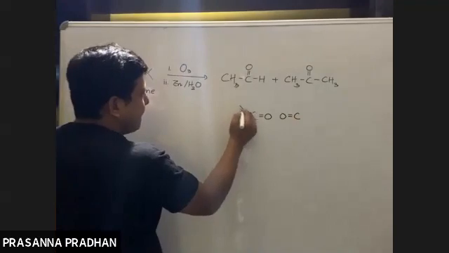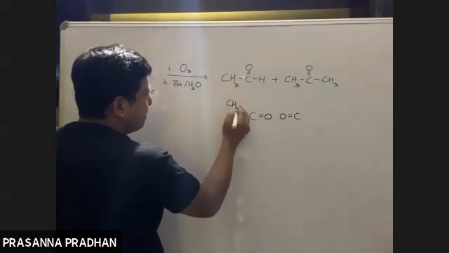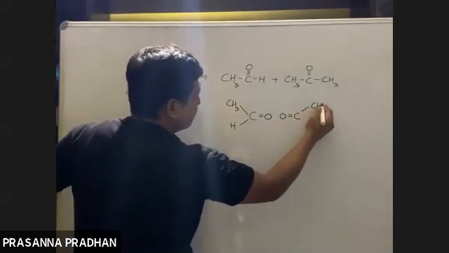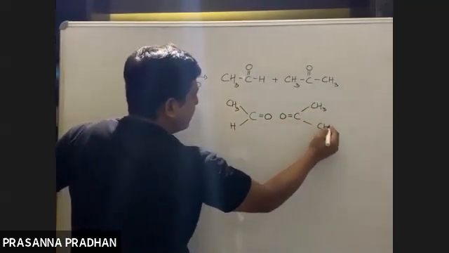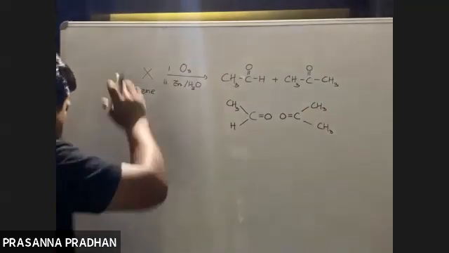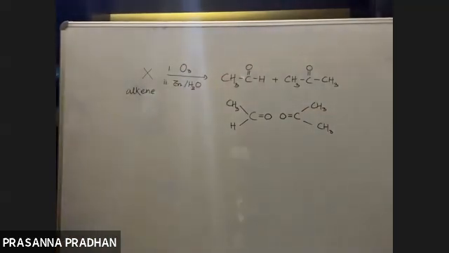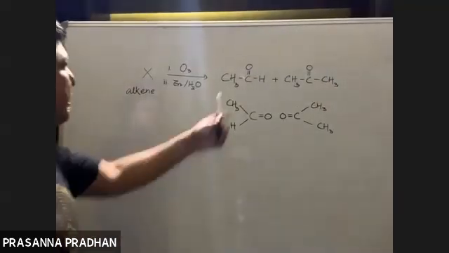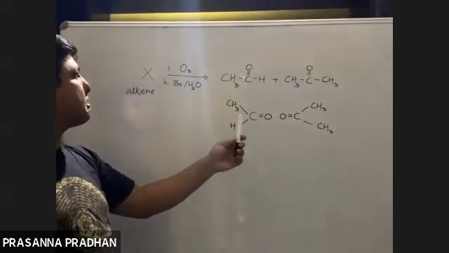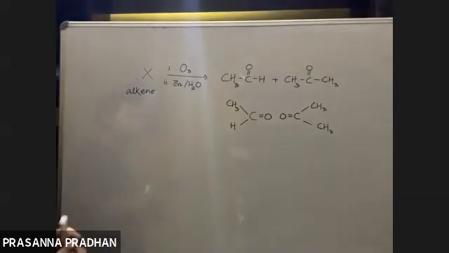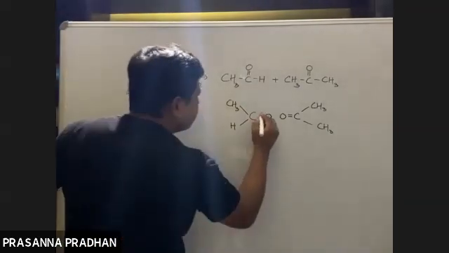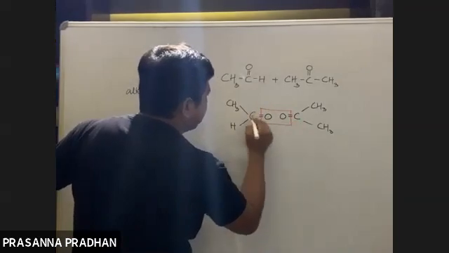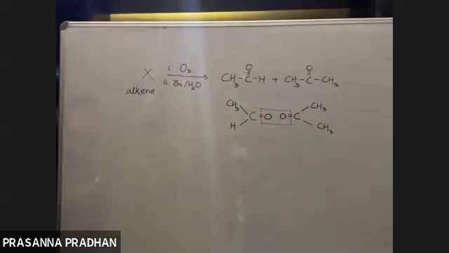Now, what do we have? We have one methyl group, then we have one hydrogen. I have one methyl group, I have another methyl group. I'll write in this way. You have to write in this way. Don't use your own brain. You have to follow this procedure, otherwise you will not be able to do it. Write down the structure in such a way that the CO groups face each other. And then you simply eliminate this oxygen and connect the two carbons by a double bond.